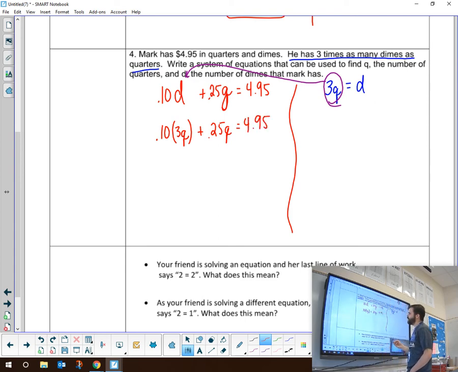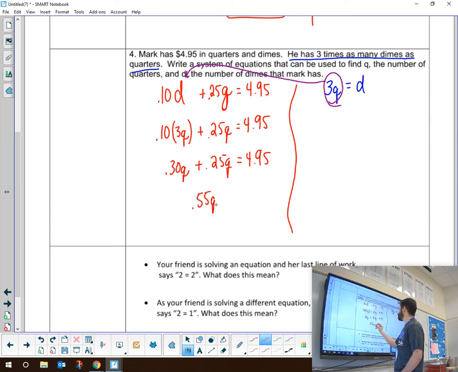Okay, 0.10 times 3 Qs is going to be 0.30 Qs plus 0.25 Qs equals $4.95. Okay, so let's add these two together. 0.3 plus 0.25 is going to be 0.55 Q equals